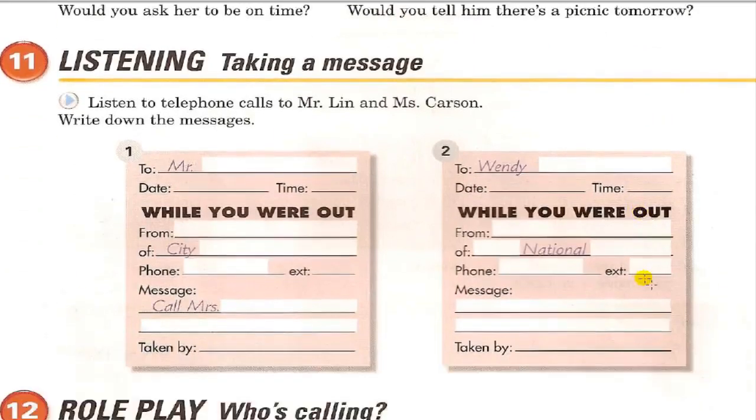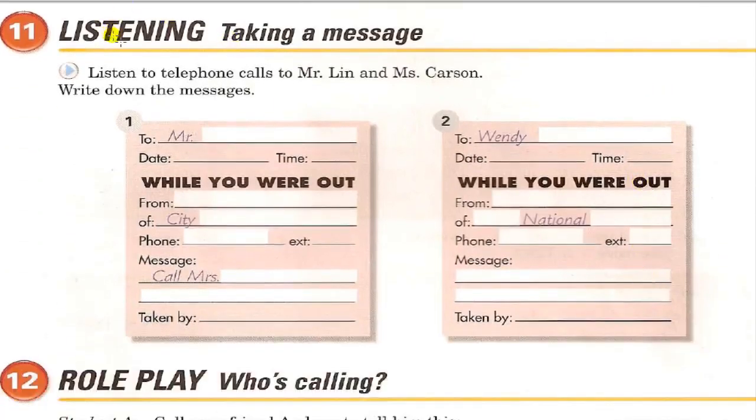Exercise number 11. In exercise number 11, you will have listening, taking a message. In this exercise, you listen to telephone calls to Mr. Lin and Ms. Carson. You write down the message. For every message, you're going to write down the message